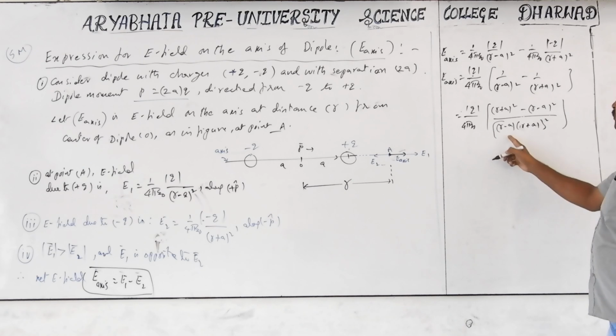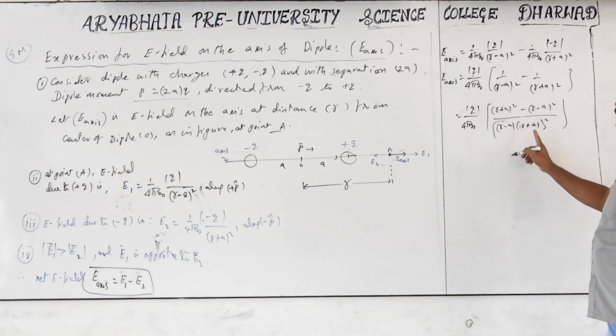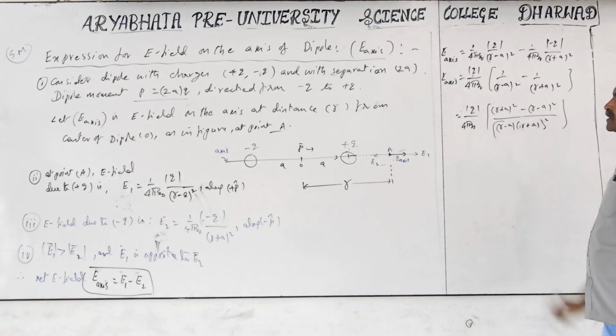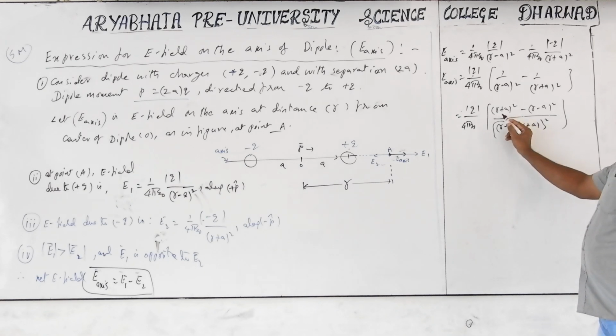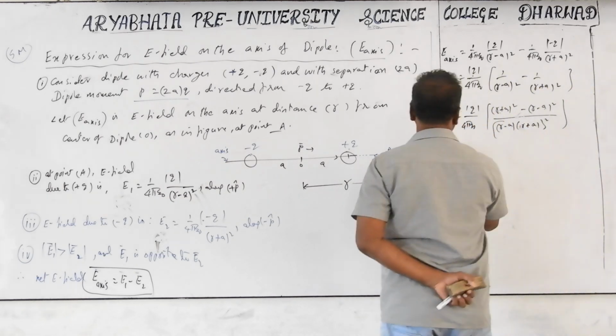Expanding it further, in the denominator a plus b into a minus b is a square minus b square, and again the square is there, so this part is a square minus b square whole square. The numerator becomes a plus b whole square, a square plus b square plus 2ab, minus a square plus b square minus 2ab. So the result, E axis